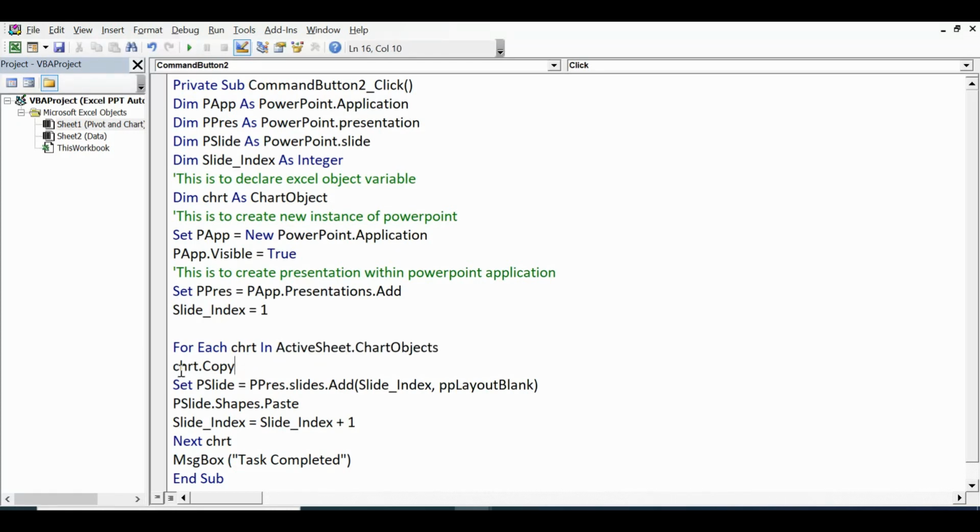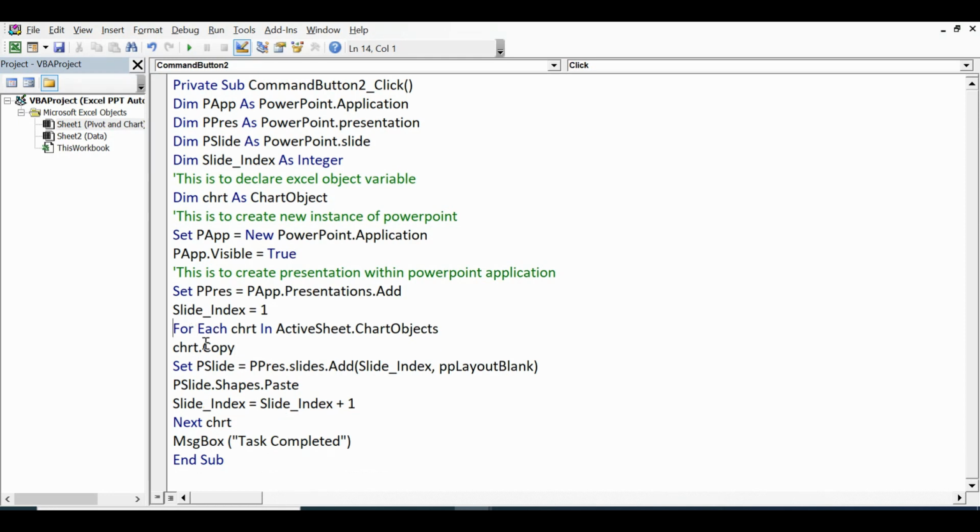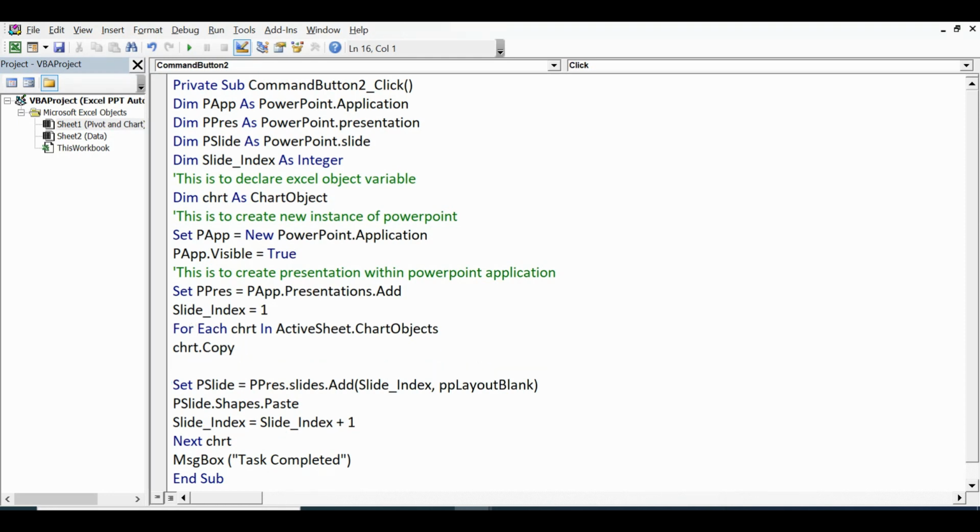Then chart.Copy, and then set p slide equal to p press.Slides.Add, and here I am passing two arguments, slide_index and then ppLayoutBlank.